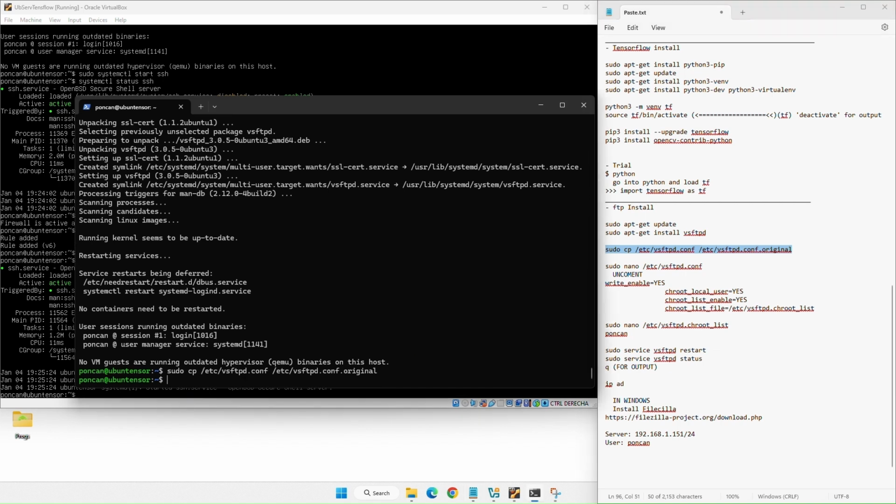We create a copy of the configuration file. File edit.